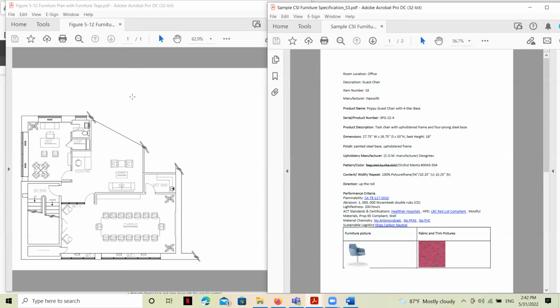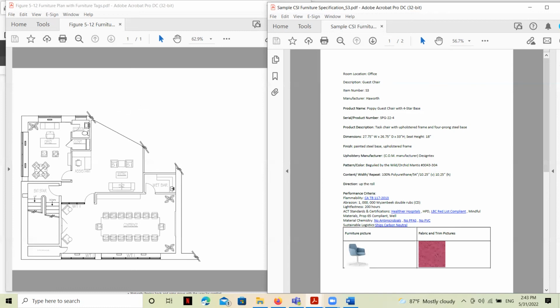Now you can see here, I have populated some of the information in this template already before I have even gone to a manufacturer's website to get information. So if I want to correspond S3 on the floor plan or furniture plan here to more detailed information about it, maybe even more detailed than I'd want to show in a schedule like we've seen in other videos, in this case, I want to talk about it here and begin by indicating that we're talking about a chair in the office and that it's the guest chair and it's item number S3.